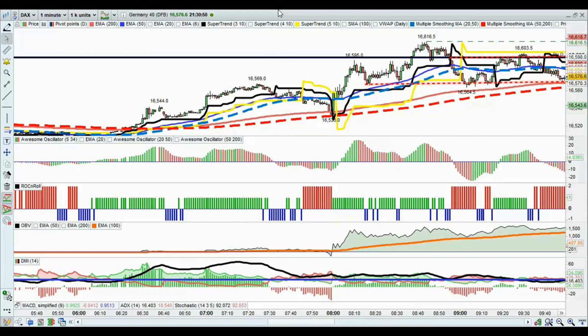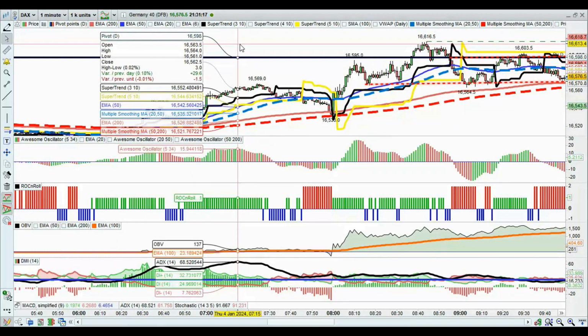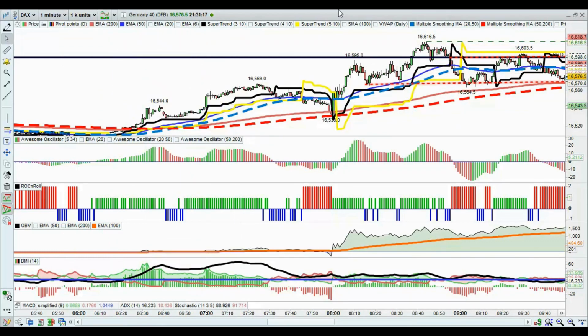Today it's the 4th of January, and what we're going to do is have another look back on the day just to see what's been happening and the events with the DAX and how we've been day trading this today. This is a 1 minute chart that we're going to be looking at today. On other videos we'll be looking at other time frames. But I just want to show you today just some of the things that have happened on the 1 minute